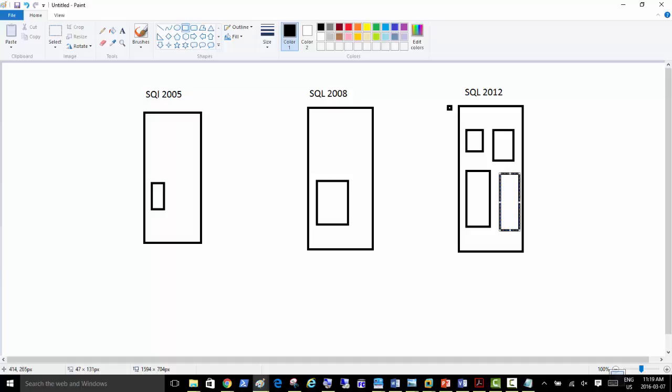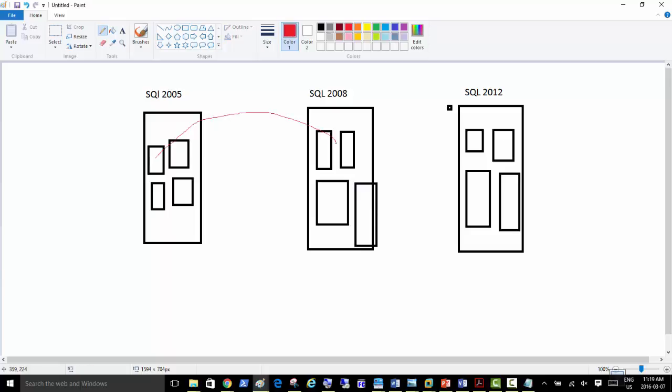So this is the best way to do it: you should introduce that next database, the new one, in the same environment and start working on it, and after that you can start migrating one by one from SQL 2005 either to 2008 or directly, if possible, with new service packs, to 2012.